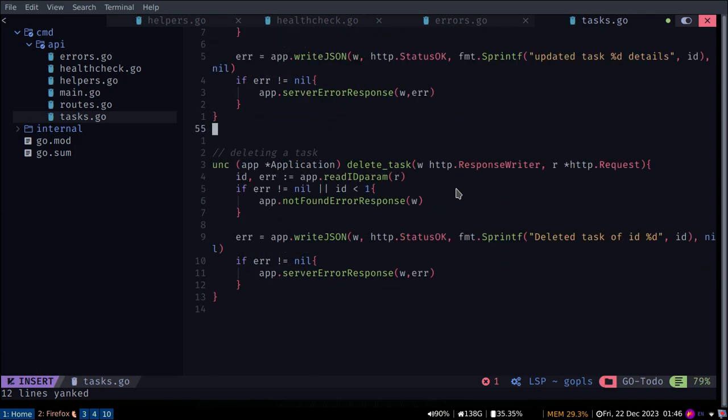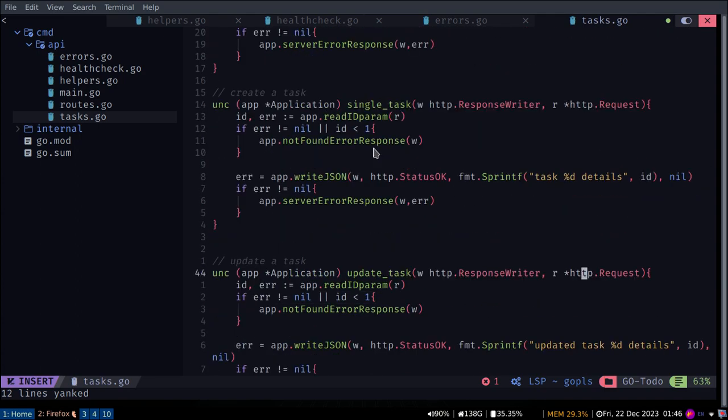And this, so we have delete task, create task,